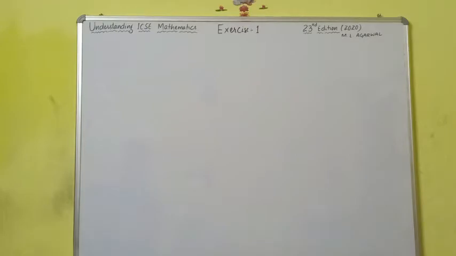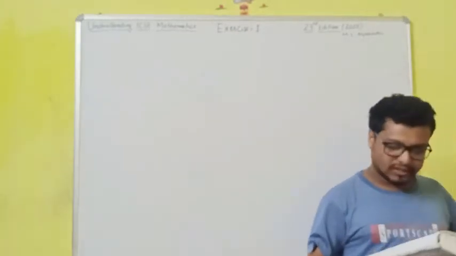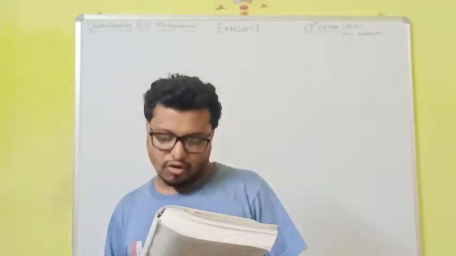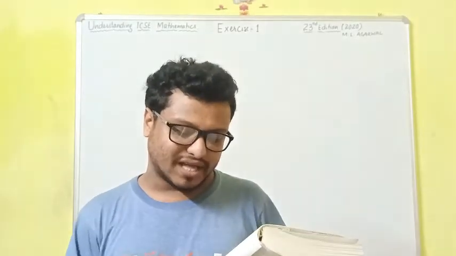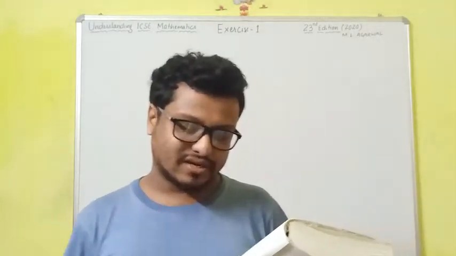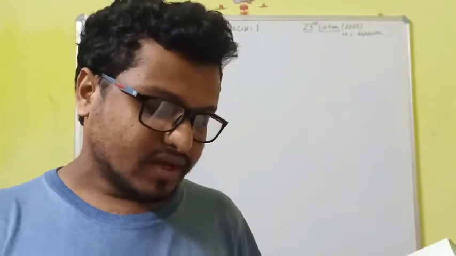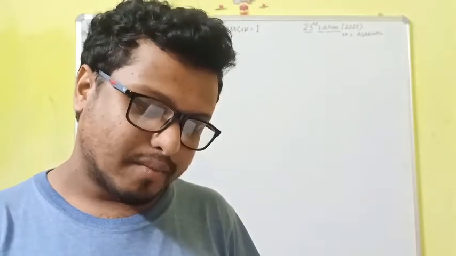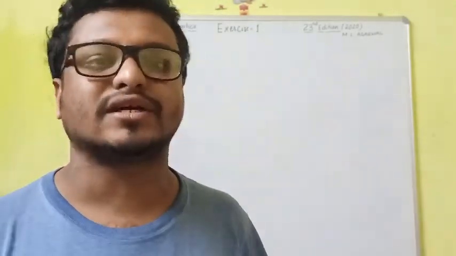So, my dear friends, let's start the next question. Question number 10. The printed price of an article is 50,000 and the wholesaler allows a discount of 10% to the shopkeeper, and the shopkeeper sells the article to the consumer at 4% above the market price. If the sales are interstate, the GST is 18%. Find the amount of tax including GST which the shopkeeper pays for the article, the amount paid for the article by the consumer, the amount of tax under GST paid by the shopkeeper to the central government, and the amount of tax under GST received by the state government.